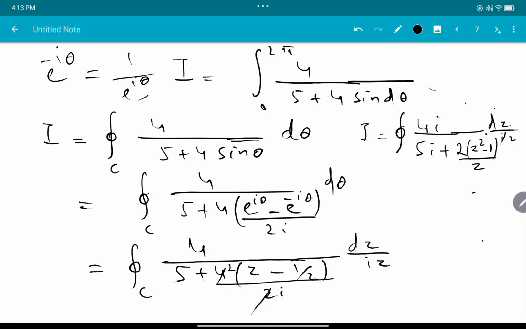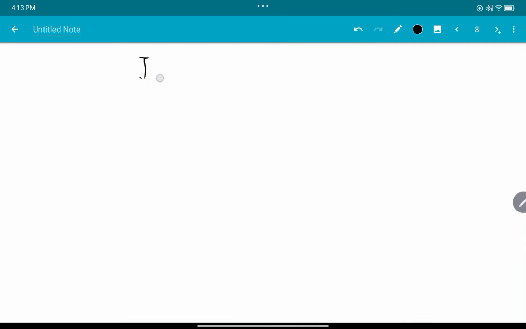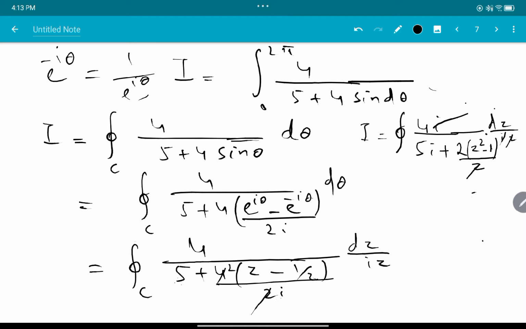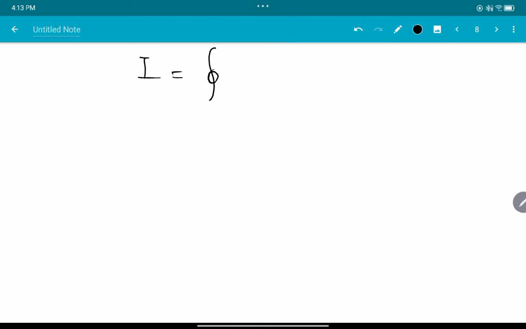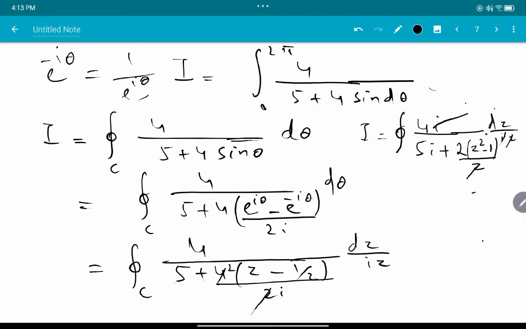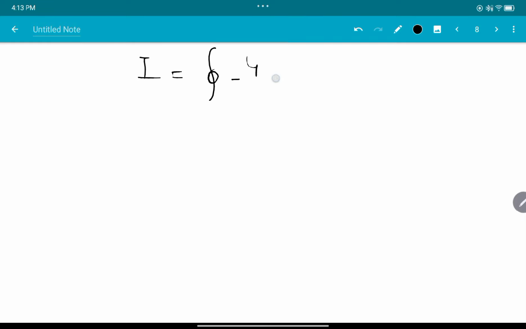Now this I will cancel with this I. So similarly, this z will cancel with this z. So I am left with a little bit simpler expression, and that I will take here: I is equal to the integral of 4 divided by 5i,